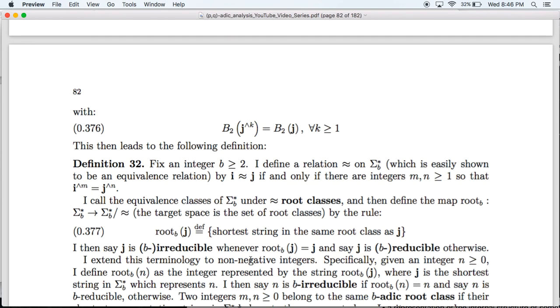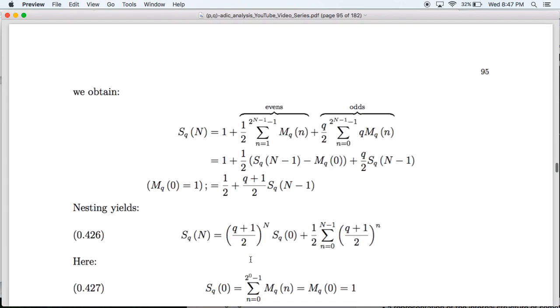I call the equivalence classes of the finite strings under squiggle the root classes, and then I define the map root b from strings to the set of root classes by the following rule: root b of j is the shortest string which has the same